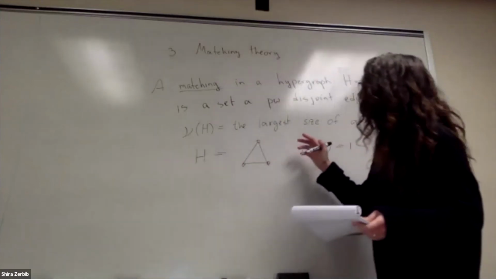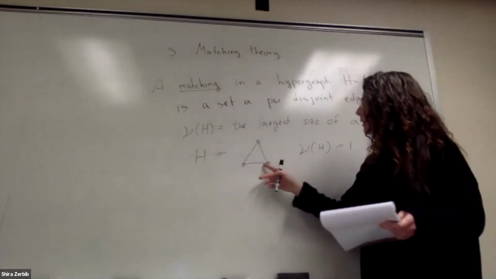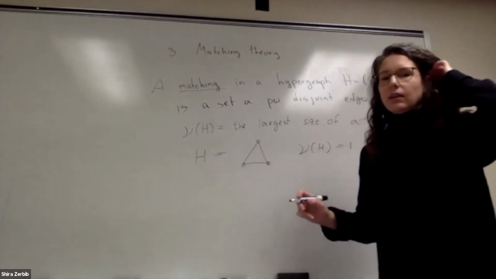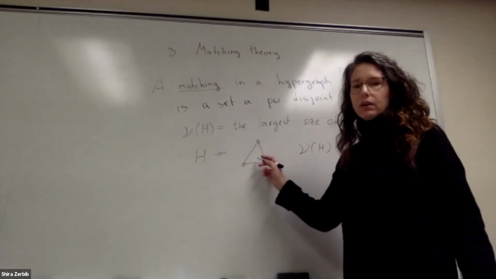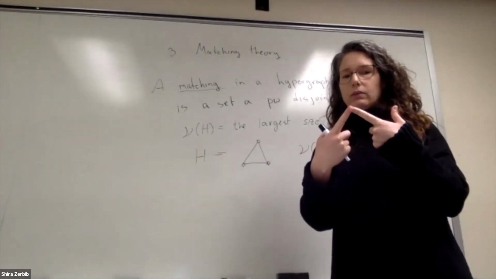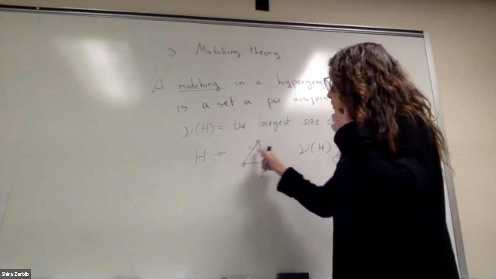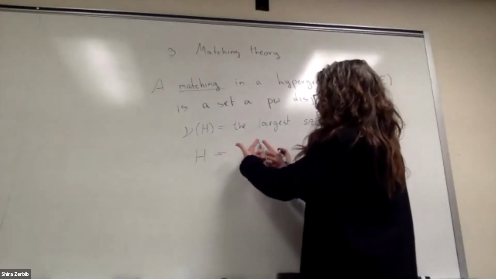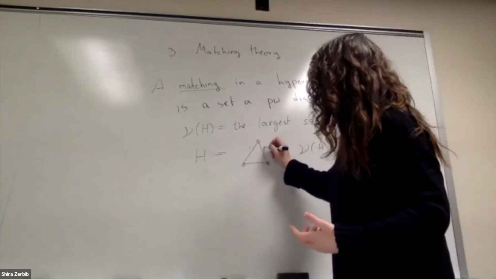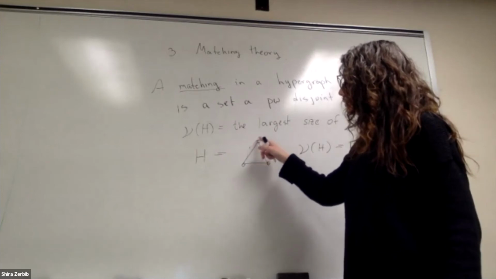Now we want to define a fractional matching. First we can think of a matching as a function that gives every edge either 0 or 1, where we cannot have 2 edges that intersect in a vertex both getting 1, right? Because then we have in our matching 2 non-disjoint edges, right? So it's a choice function that has the property that on each vertex only 1 edge